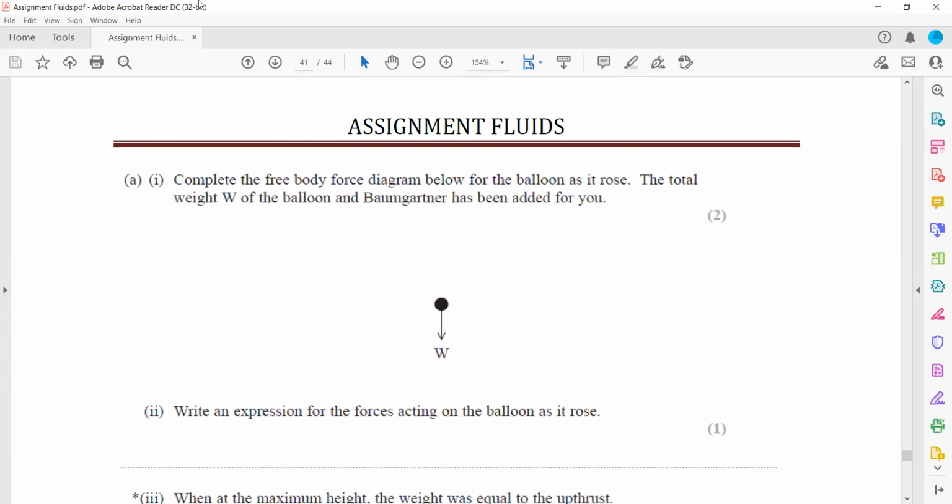So when it is rising up, the upthrust is there, and because it is rising, upthrust is more than the weight, and the viscous drag opposes the motion. So upthrust should be higher, and the sum of drag force and weight will be smaller. Then write an expression for the forces acting, because it is rising up. If it is going up, we can say upthrust,